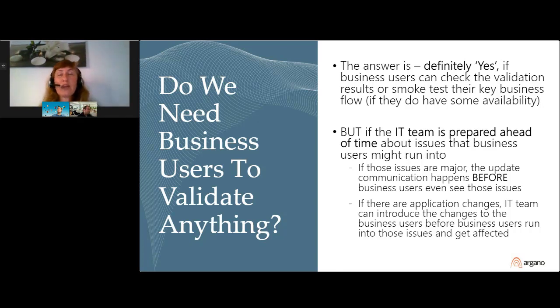So major issues can be communicated back to Microsoft, for example, or to the partner, saying that they need to get resolved before it hits your production. And if there were application changes in the process and your automated test failed because there was a change and now the button is not there anymore, or the button has changed to be 2 buttons, you need to click one to see the other one,